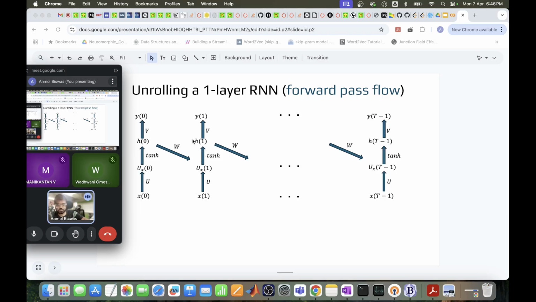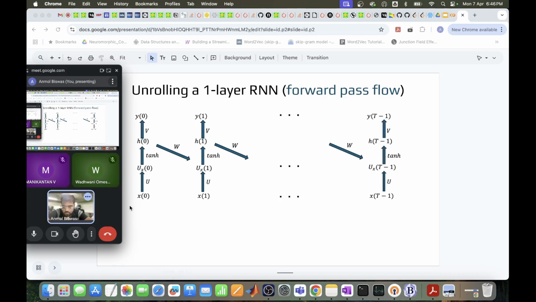After tanh you get h of 1, the hidden layer activation at time step 1, and then with the V weight matrix you get y of 1. Then the same thing continues on and on until the T minus 1 time step,